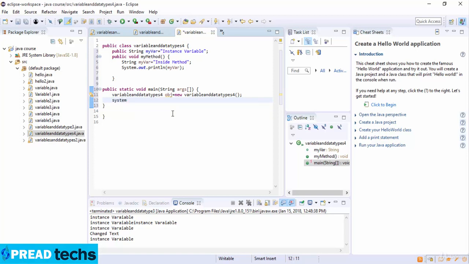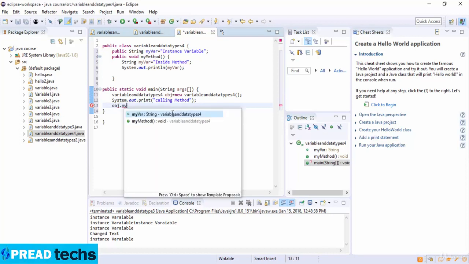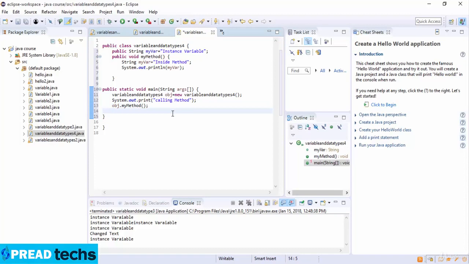Now you can see system dot out dot println, and then here I just write calling method, in double quotation, and then object dot my method,